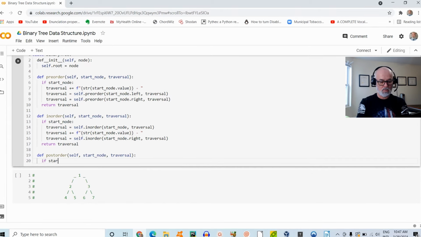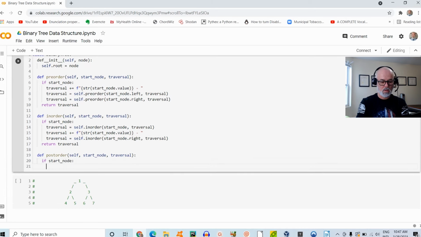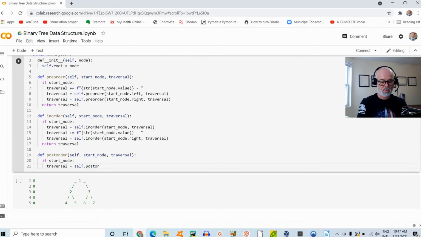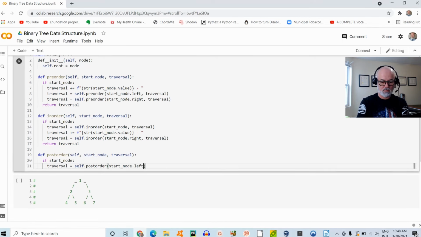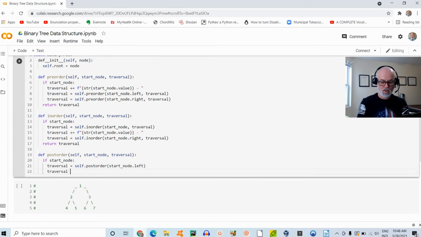So if start node, then I'm going to say traversal equals self dot, I'm going to call the same method. It's a recurrence call here, and start node left, and then again self dot post order start node dot right,